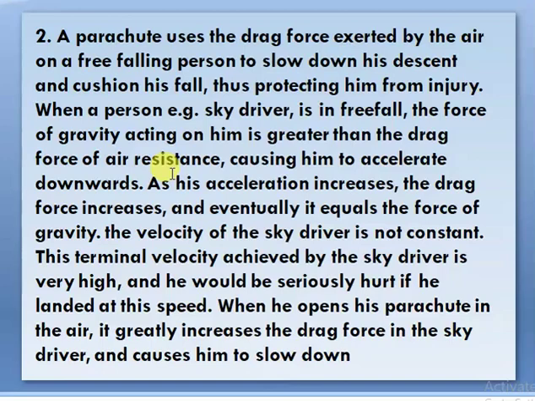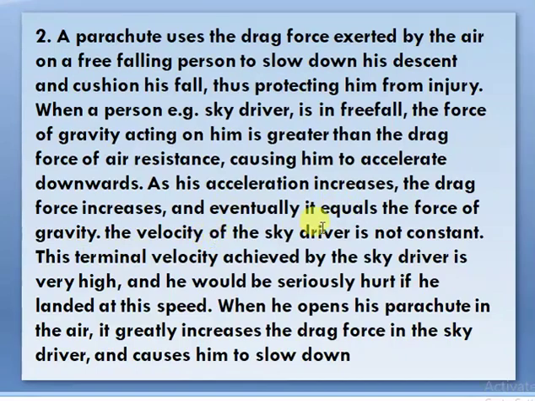So in this case, the person accelerates downward. Now as this acceleration increases, the drag force does increase. So as the speed of the person is increasing, as the person is accelerating, the viscous drag equally increases, as we saw in our previous class,